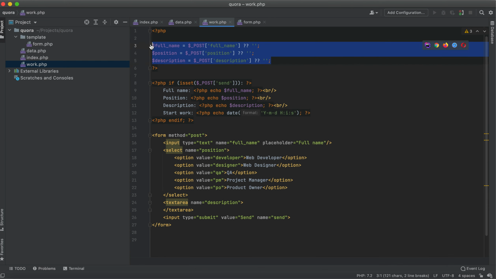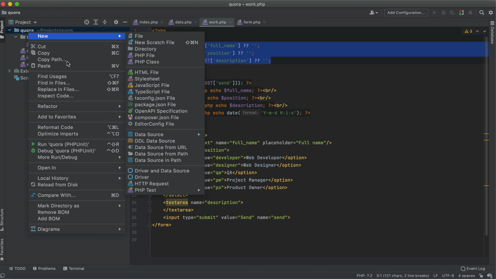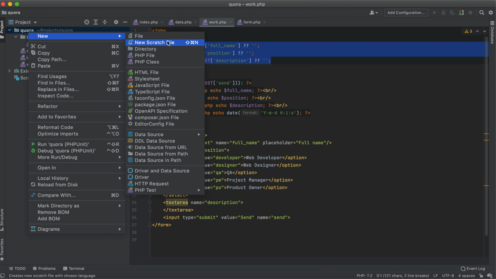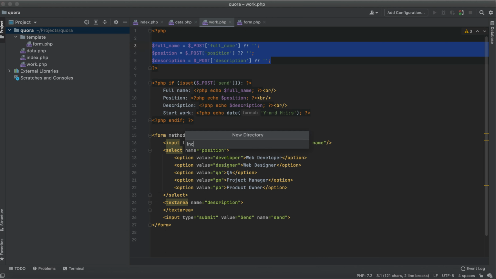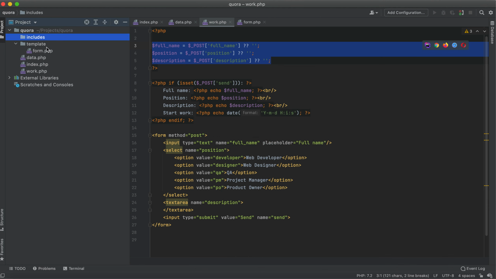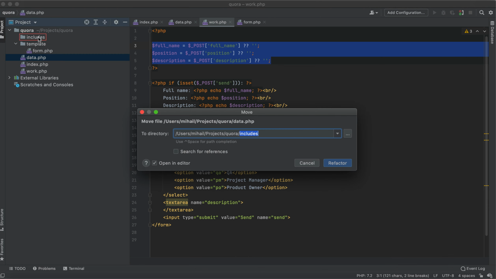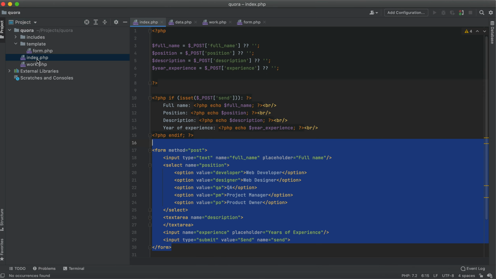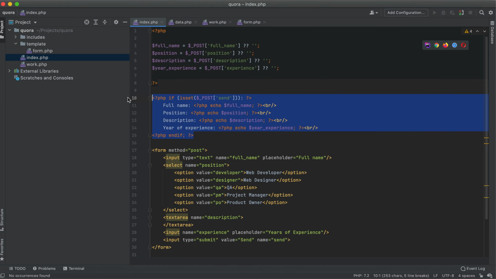Also the data, let's create another folder, call it include. Okay, and we have the data. Right, so now the only different thing is this one, because depending on the data process we will show different information, we will apply different logic here,